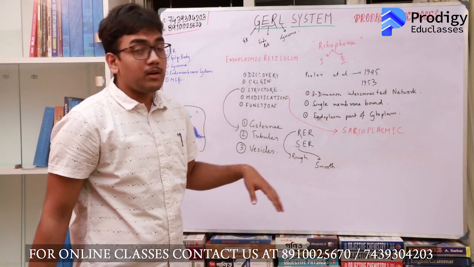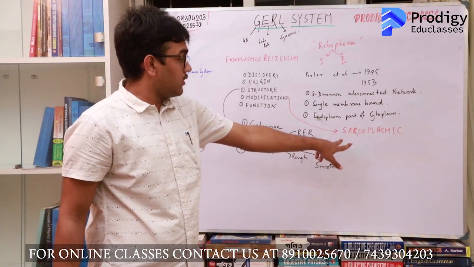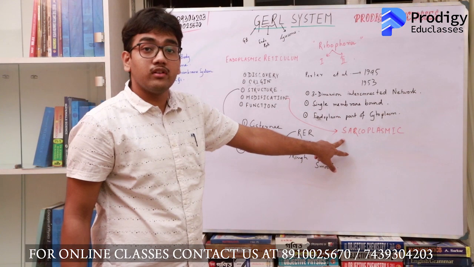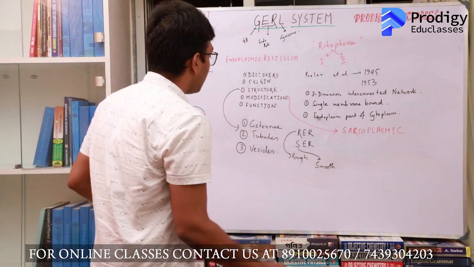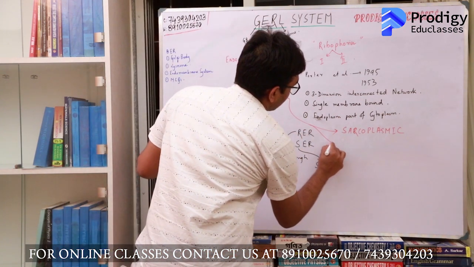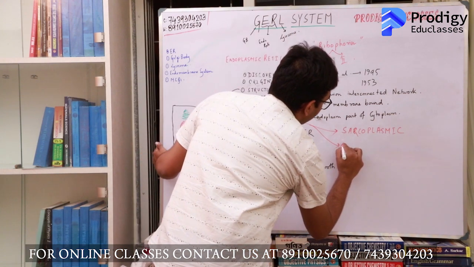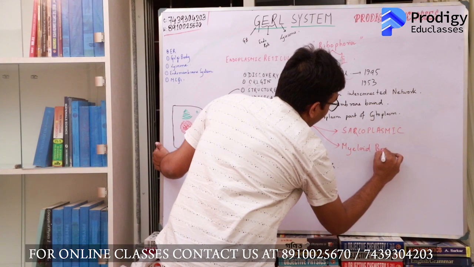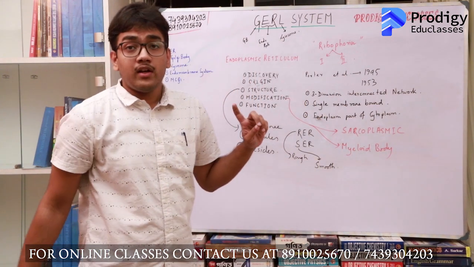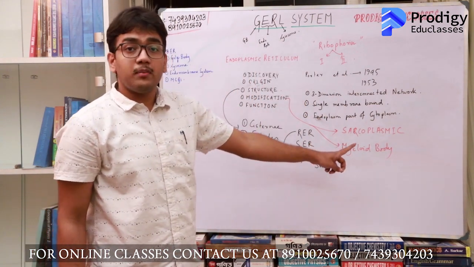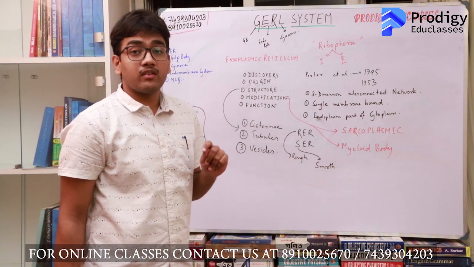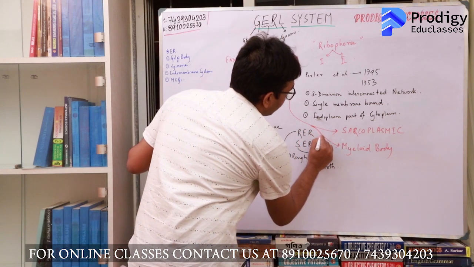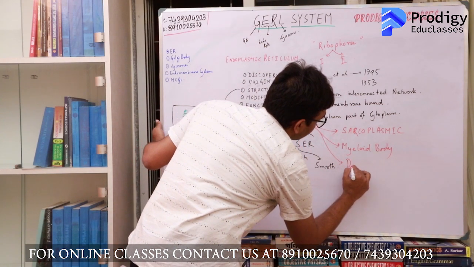Sarcoplasmic reticulum in the muscle cells. In the animal muscle cells, the endoplasmic reticulum is known as sarcoplasmic reticulum, and it has a huge reserve of calcium. Calcium is required for muscle contraction. The endoplasmic reticulum also forms the myeloid body. It forms the myeloid body in the retina and is responsible for the synthesis of the pigments which help you with vision. Okay. Another modification of the endoplasmic reticulum is desmotibules.